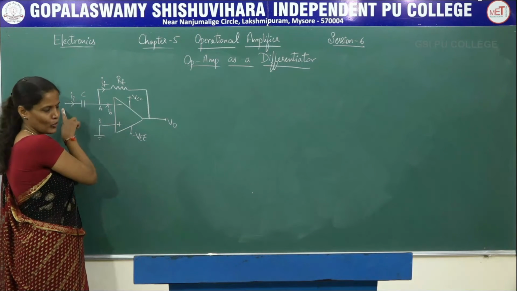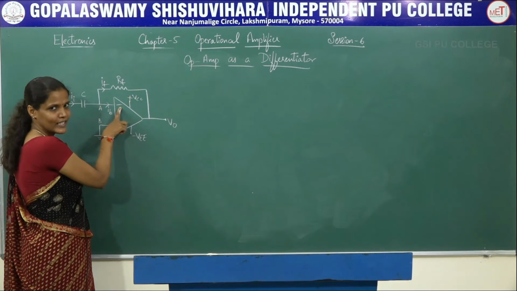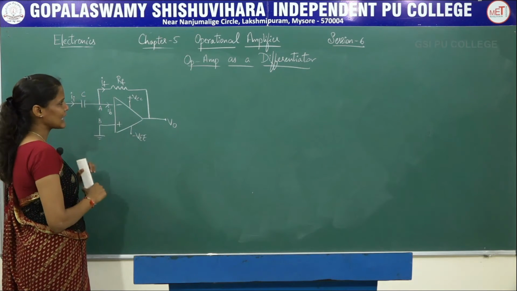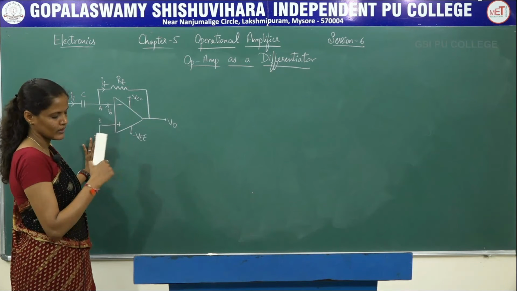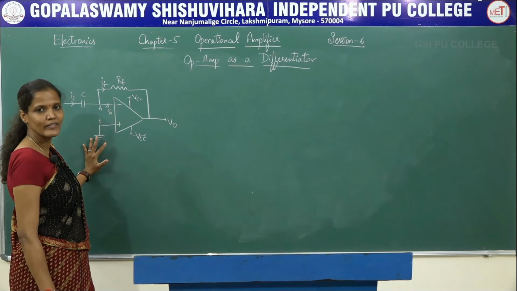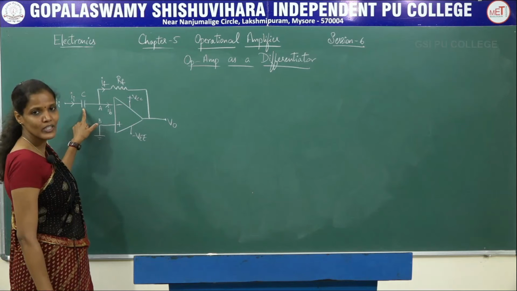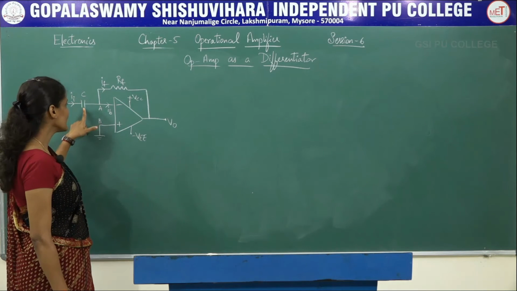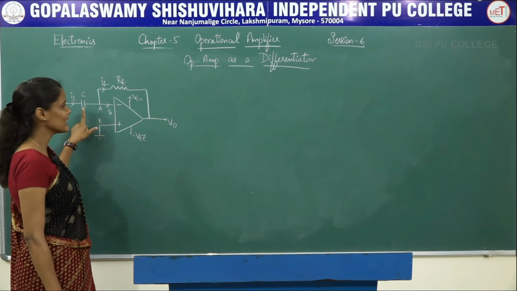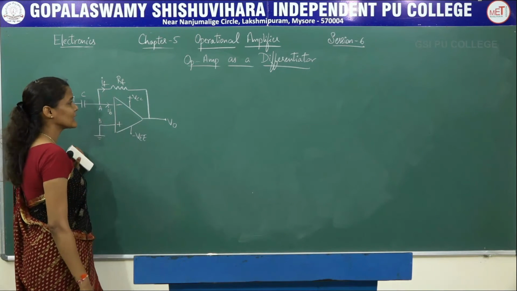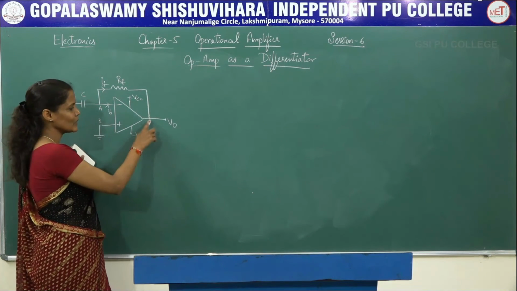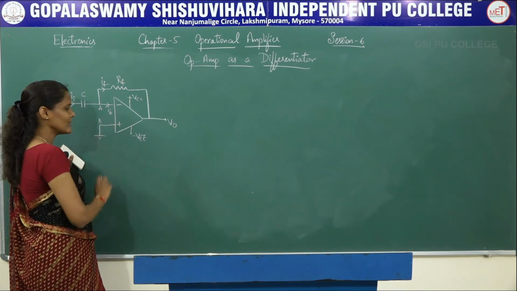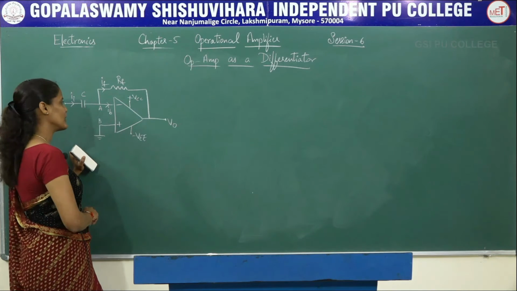Here V1 is nothing but the input voltage which is applied to the inverting input terminal of the op amp through the capacitor C. Previously, we had the op amp as inverting op amp and as non-inverting op amp. In those circuits we were using a resistor, which we called Ri. But here, in place of the resistor, we are using this capacitor C. And RF is nothing but the feedback resistor which is connected between the output and the inverting input terminal of the op amp, and the non-inverting input terminal of the op amp is grounded.